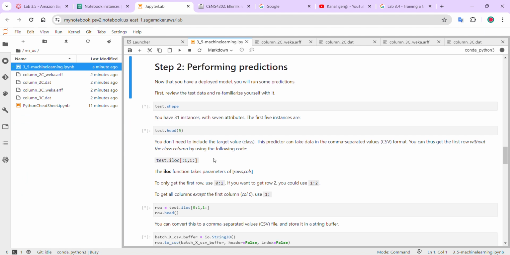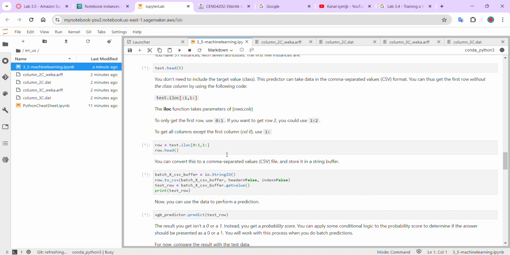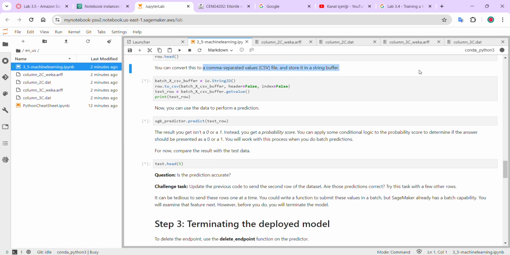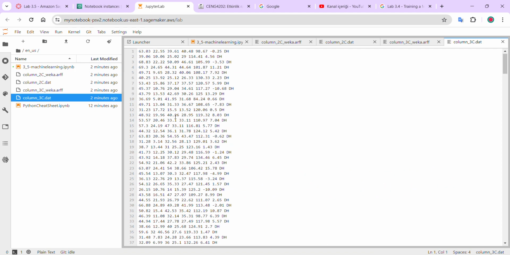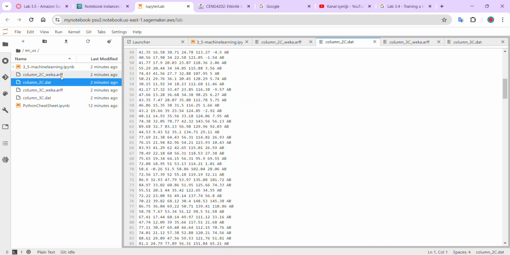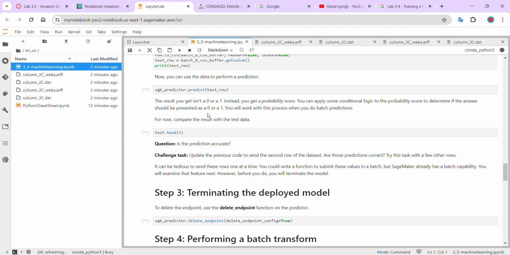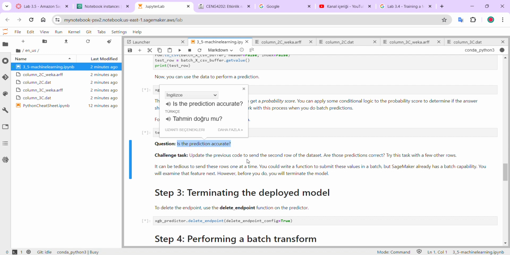And the function takes a parameter of rows. We only get the first row, which is 1 0 and 1 0. We can see the rendering of it, and we can convert this to comma separated. Prediction: predict and test whether it is accurate or not. The question is